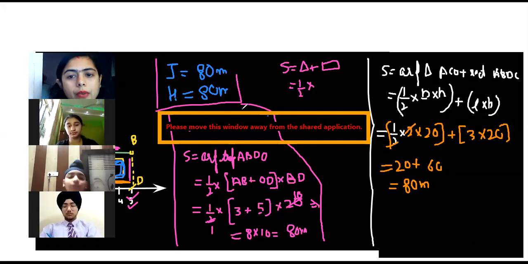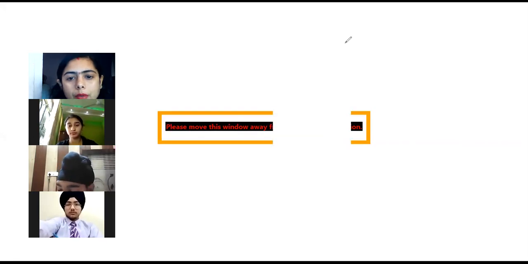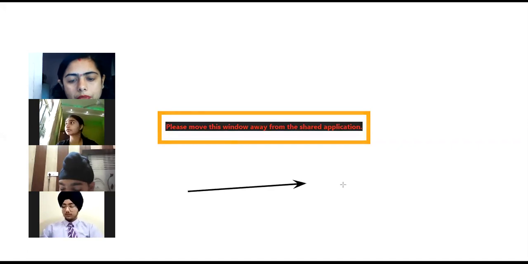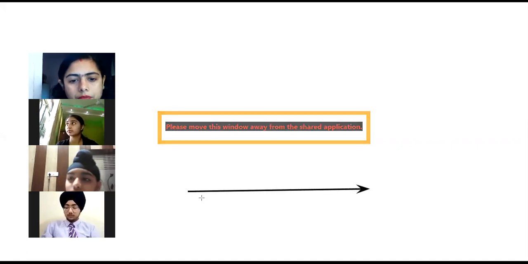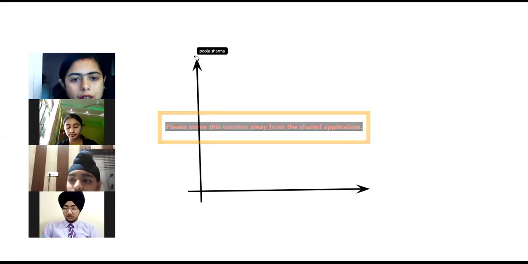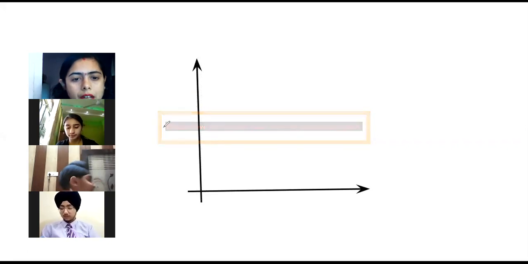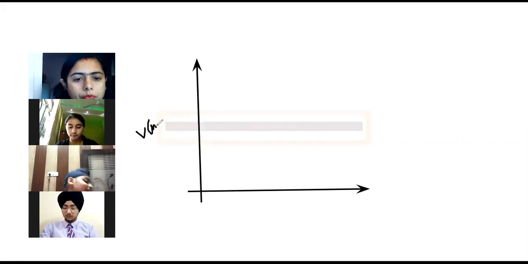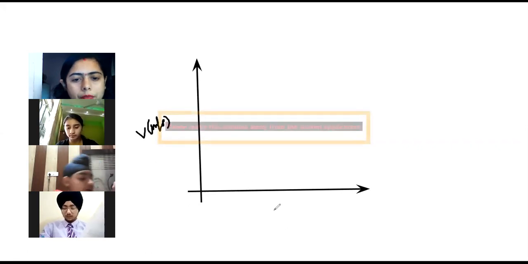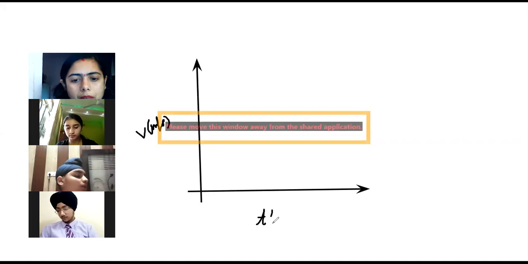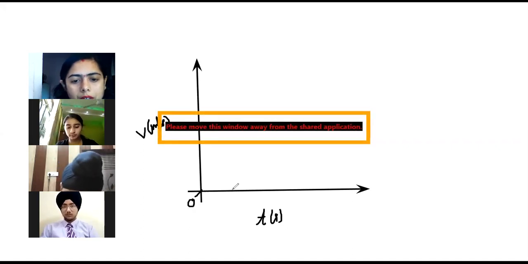Okay. Now one question you will take as homework, then we are going to wind up the class. Kindly draw it in your notebook, okay? And you are going to practice it. Okay. So we will have the velocity time graph. Velocity in meter per second, and here you will have the time in seconds. Okay, you have 0 here. Then you have the equal divisions. Keep drawing, keep drawing.